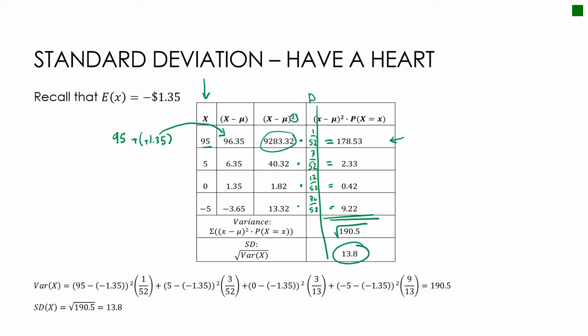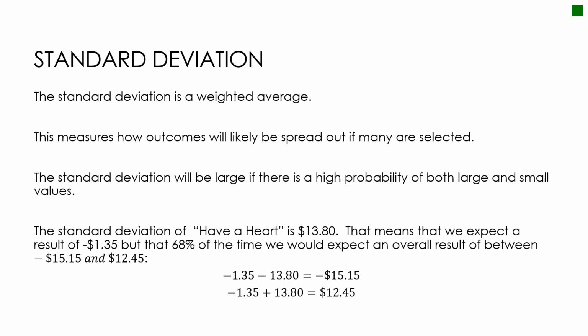Again, I don't like to do this by hand because it's so much easier in StatCrunch. But again, what is it that I just found? Well, I found essentially the spread, or how spread out our outcomes will be. So what I looked at is I knew that my standard deviation I just found is 13.80, and I was expecting